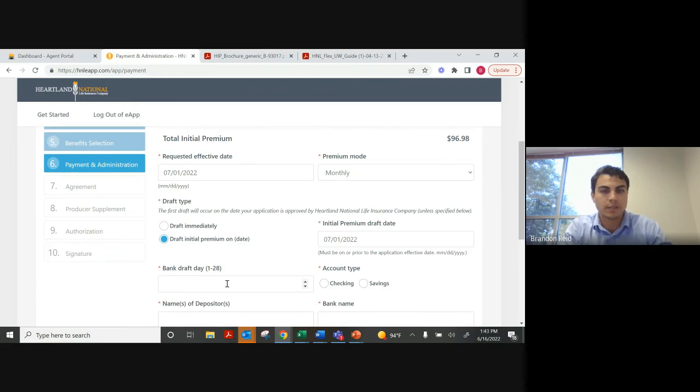going into effect. Okay, you can select to draft the initial premium on a specific date, on or before their effective date. At that point, you can select a recurring draft. Please keep that recurring draft within 10 days of the effective date. If you go outside of 10 days, what would happen is that policy would start drafting in arrears for the